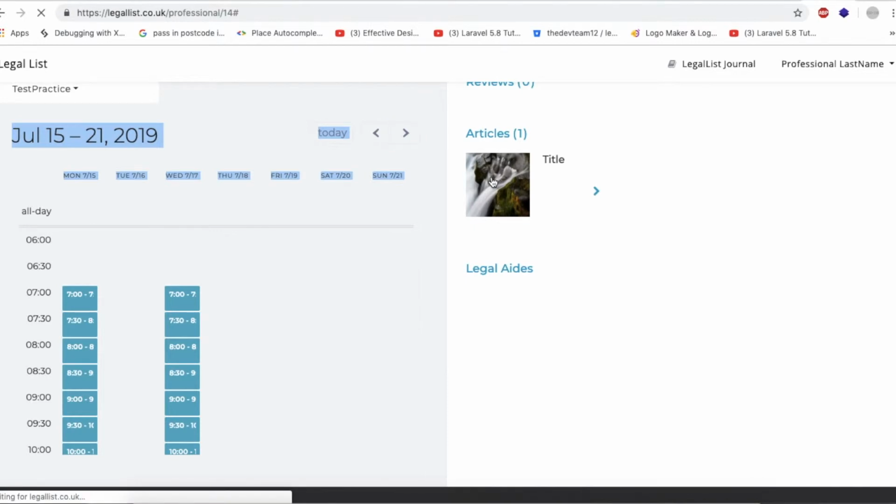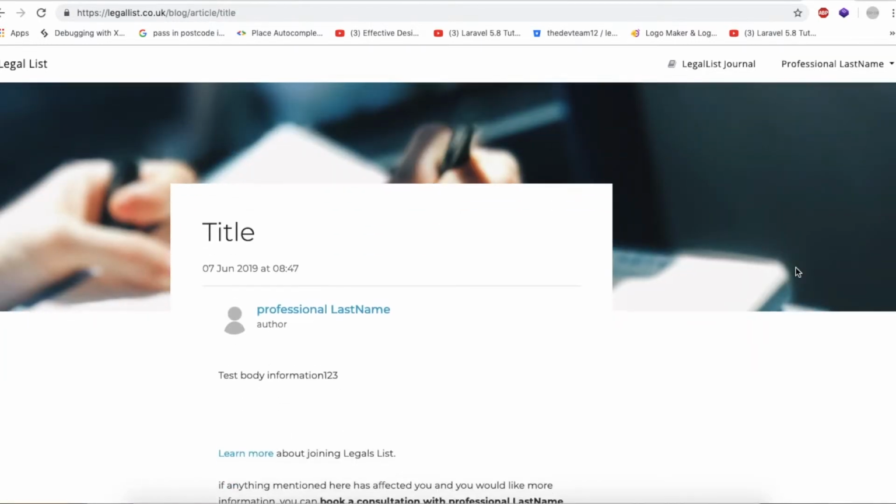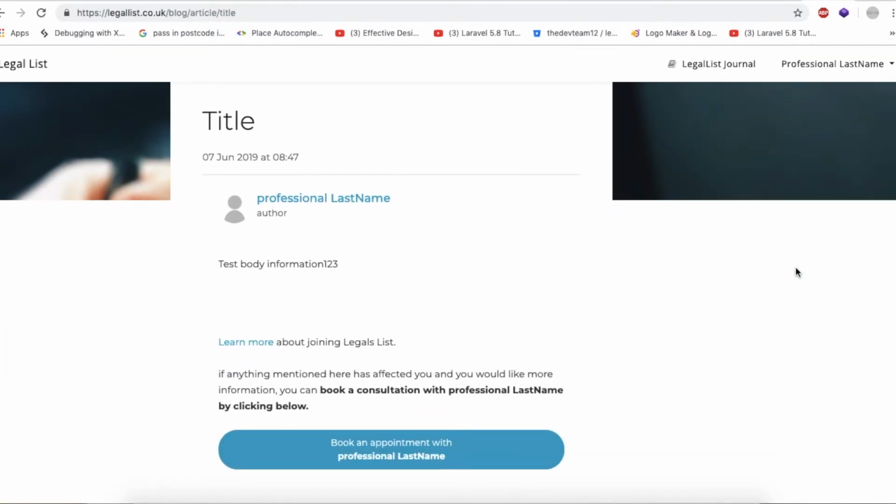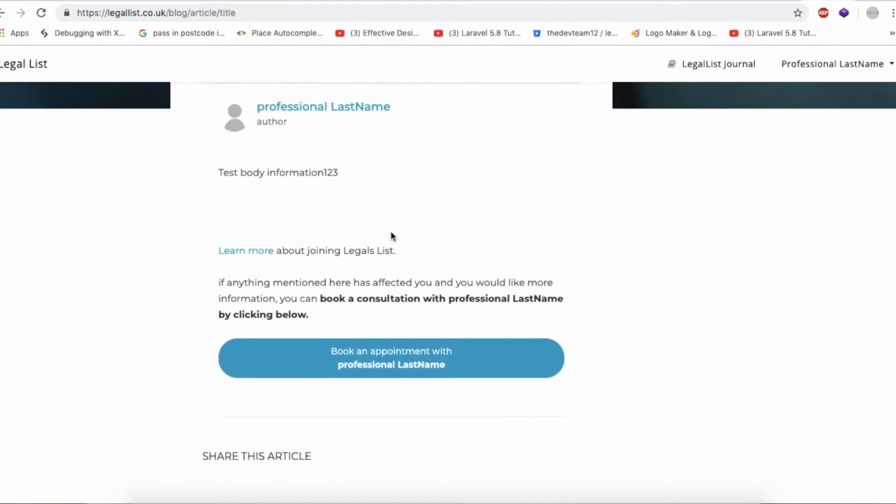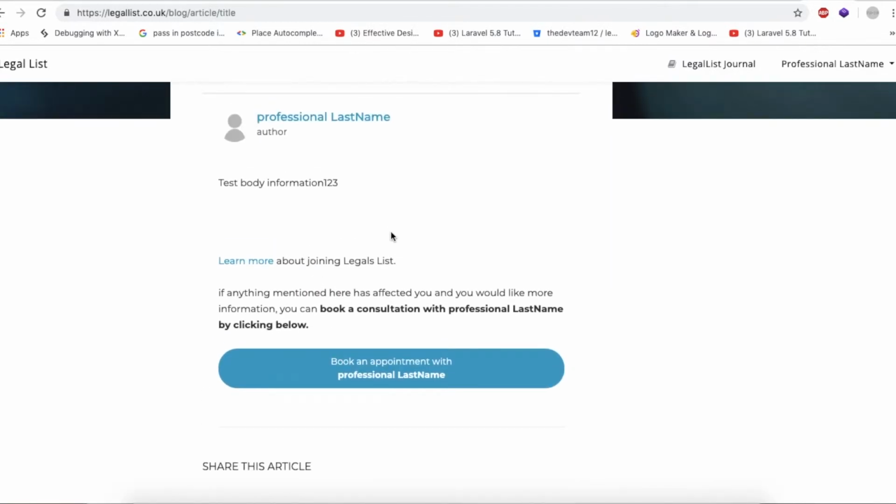And to go into the journal, we click on the articles, etc. This is the article, the test information, etc. And learn more by joining LegalList, etc. Some standard blurb, etc. to go into the template, and the option for an individual to then book an appointment with that professional. So if I log out of this professional here,